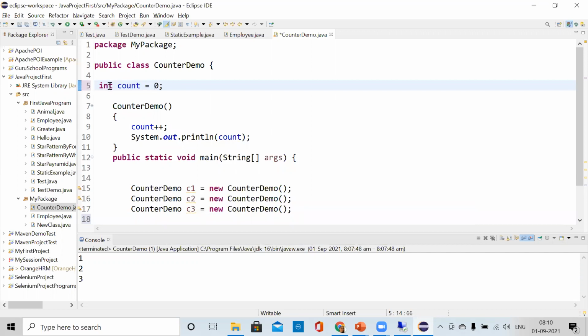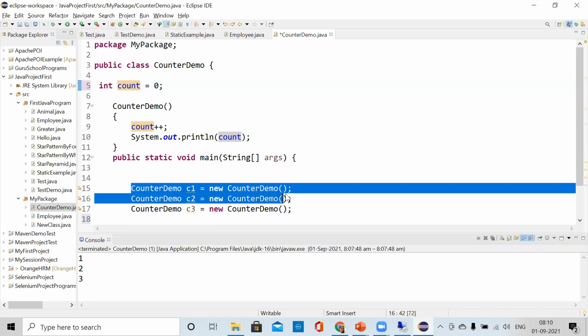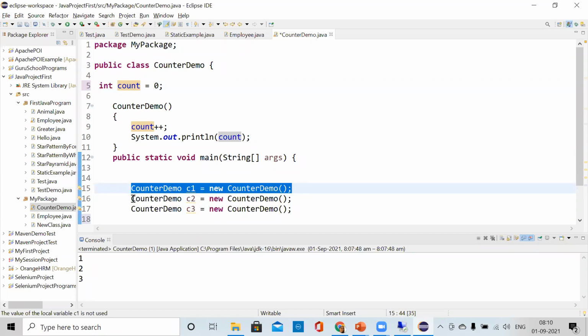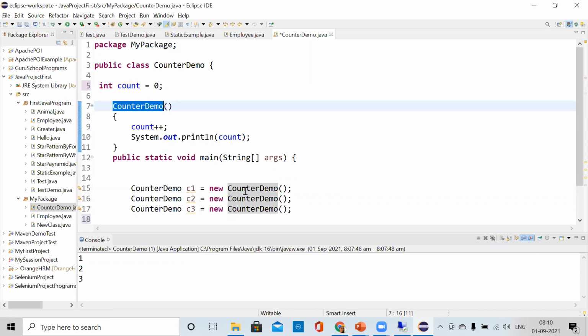Because the count is a normal integer at that time, so it is assigned 0 again. Once you have created this C1 object, you are calling this constructor, correct?